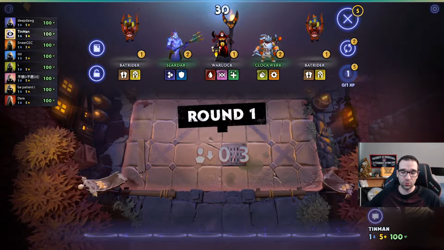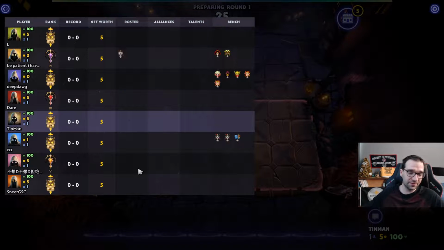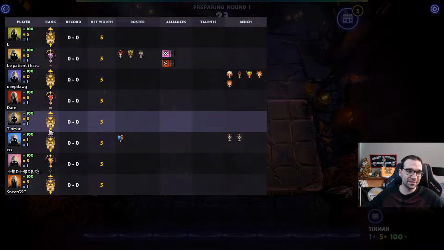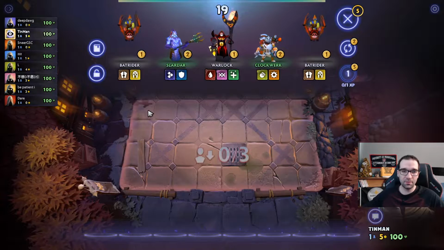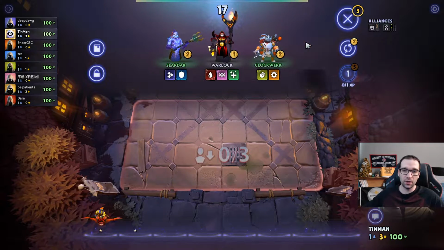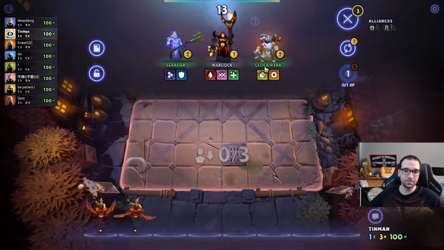Going to be playing some ranked standard mode here, currently in my quest to hopefully get into top 50 sometime soon here. I'm currently ranked 77, and so I'm looking for some more rank points, trying to climb up a little bit higher. So, get a pair of Bat Riders here, that's probably a pretty good pickup, and I think